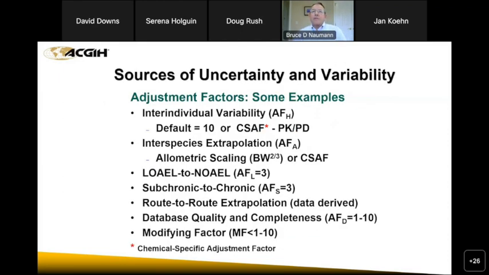So there are various sources of uncertainty and variability that we consider. The first one's inter-individual variability. Way back in 1954, Lehman and Fitzhugh from FDA coined the term 100-fold safety factor, and that ostensibly was 10 for human inter-individual variability and another 10 for interspecies extrapolation. In the early to mid-80s, the EPA came up with a series of uncertainty factors, as they called them at the time, typically factors of 10.